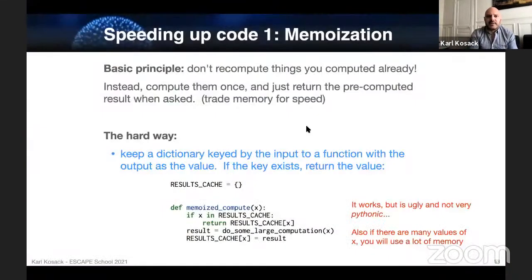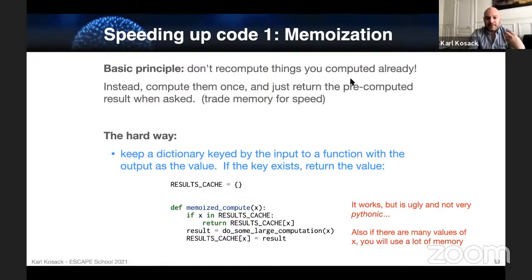Okay, so yeah, the idea is that if you have something that takes a while to compute, but you compute it more than once, cache the result. That's the idea. So basically trade memory for speed. And people basically come to this. This really is a computer science term. You can look up whole papers on how to do memoization properly.